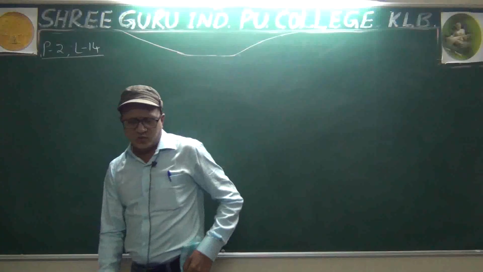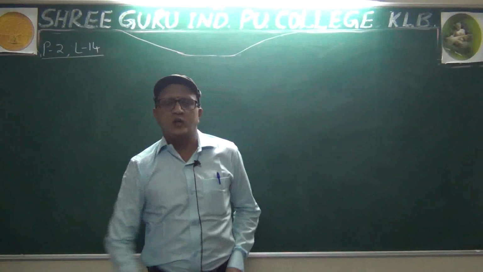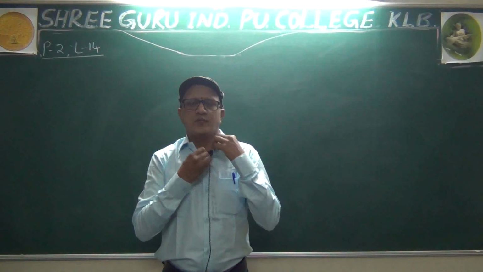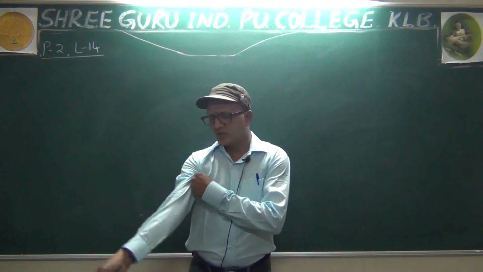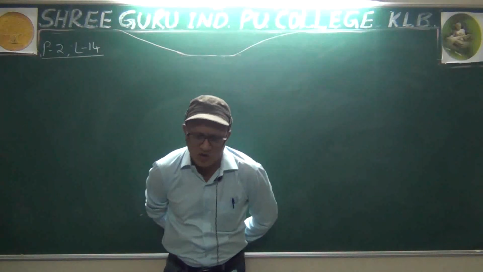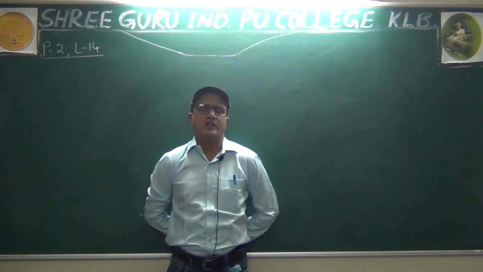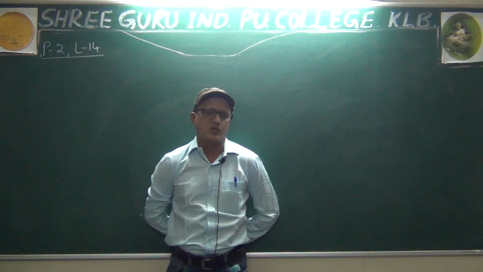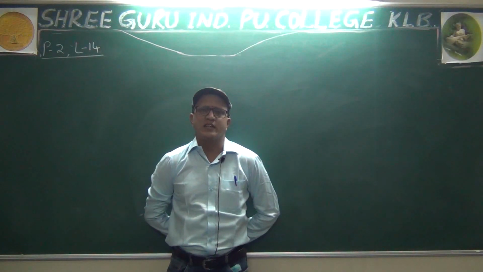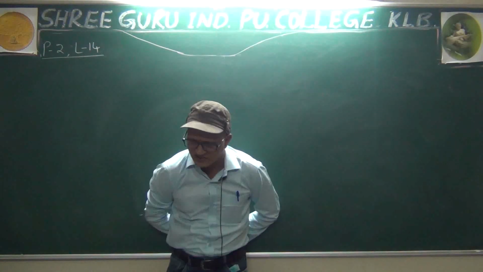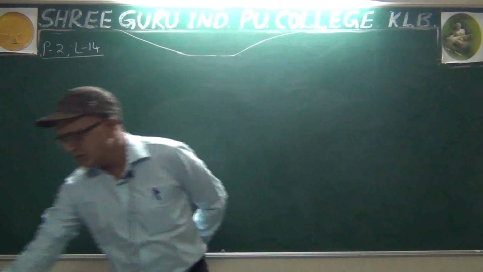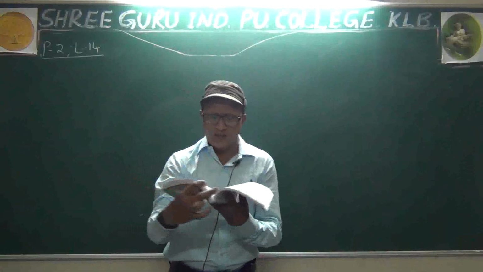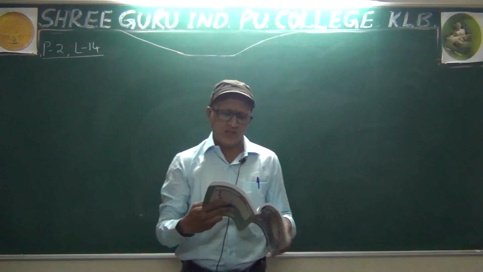In NCERT textbook, they gave 3 by 3 matrices also. Find the inverse of the matrix by using elementary operation. Under that, they gave 3 by 3 matrices also. That is not necessary. As per board syllabus, that is not there. I don't know why they gave those two questions. But that is not necessary. You can neglect those two questions. I mean 3 by 3 matrix.